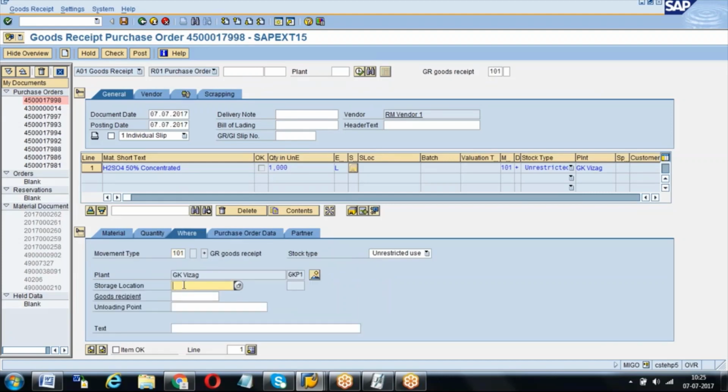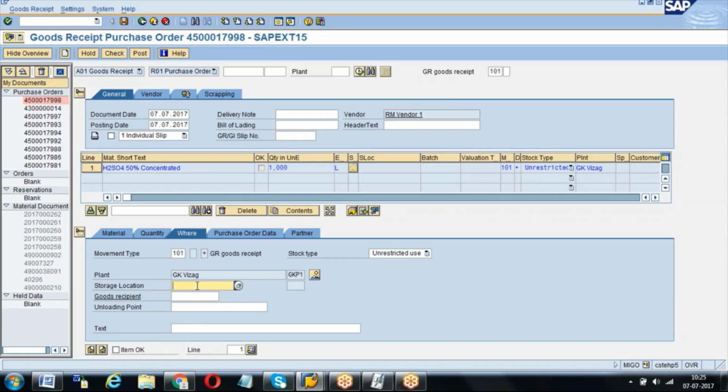Because what will happen at the time of GR: at the time of PO you thought to take the material to main stores, but during goods receipt, main stores is having some maintenance activity or something, so you want to take it to sub store. That kind of decision can be taken by the store person who is doing the goods receipt. The PO was created 2 months back or 1 month back, but maintenance work was started 5 days back. The person who is receiving the stock knows. Okay? It means plant and storage location can come from the PO.